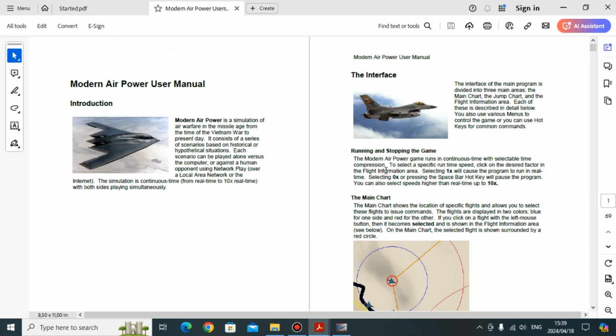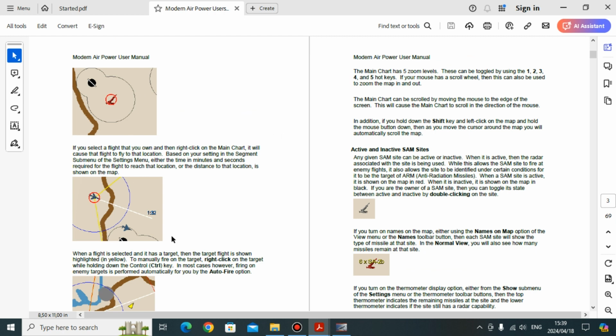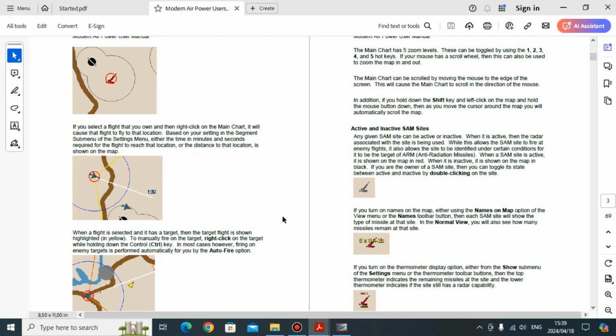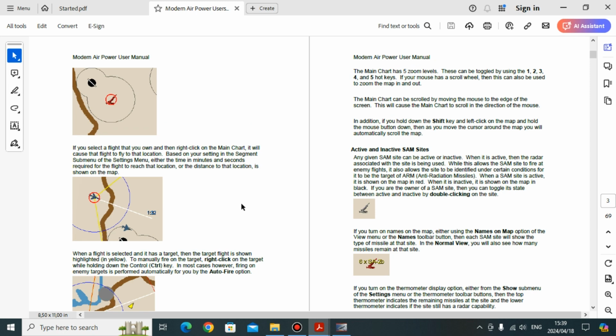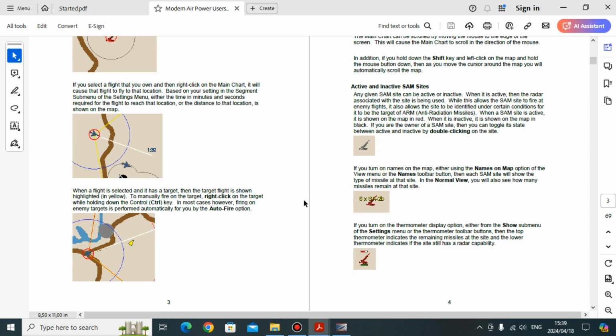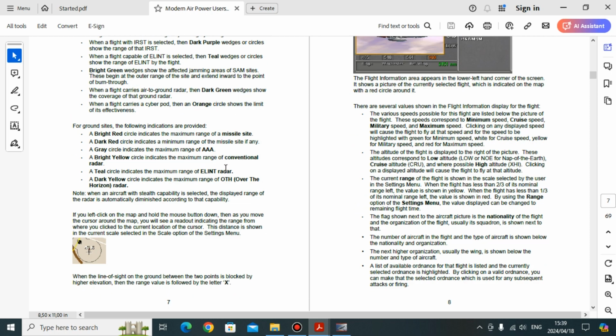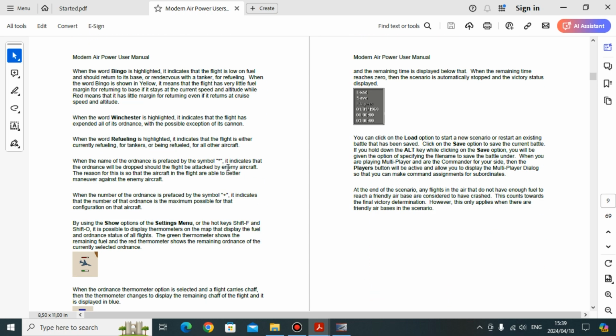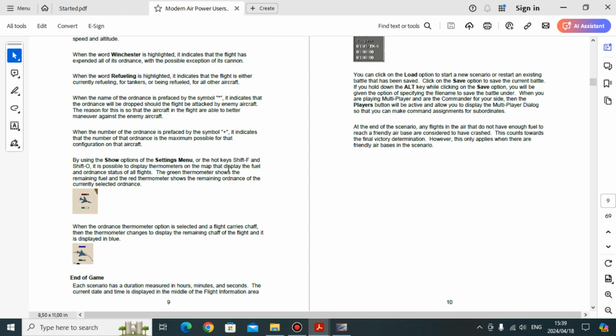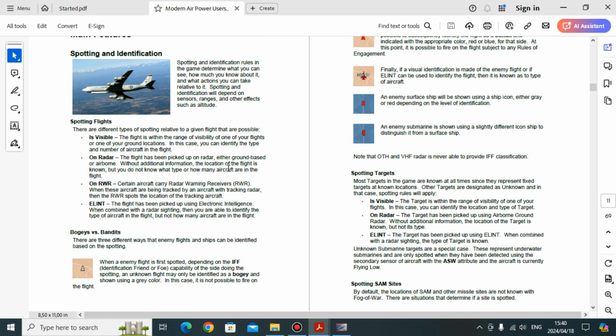So this is the user manual for the modern air combat. All the tactics. Look at that. The tactics involved. And I know because I played Flight Commander 2, and I didn't think you could possibly do it. You could fly airplanes with the tactics, not inside the actual plane, but you could use tactics. And I can tell you this, there's hundreds of tactics. It's fantastic. And there's all the different planes, military speeds, spotting and identification,